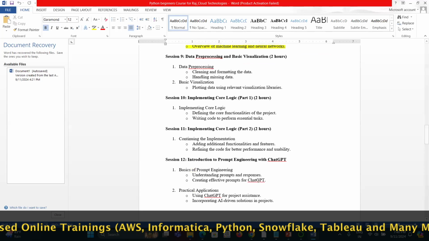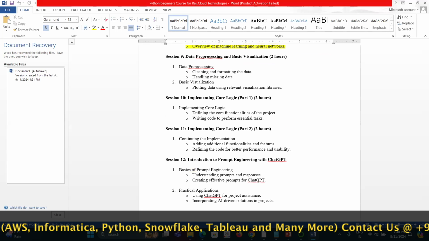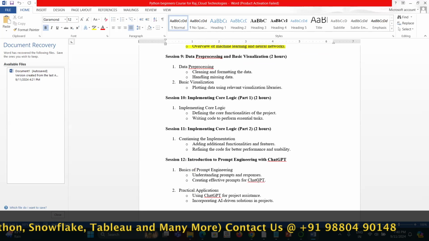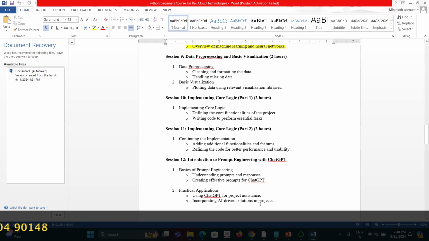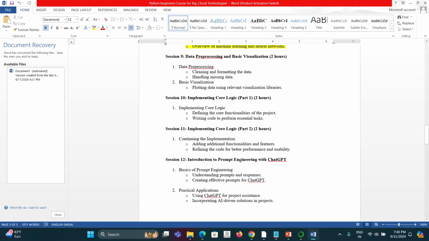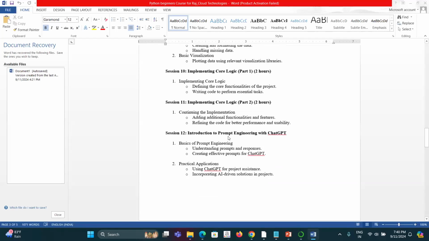That is actually the key skill of programmers today, and it is very essential in the field. That is where we will talk about how you should provide the prompt appropriately so that you get appropriate code. Some tips and tricks will be provided there.